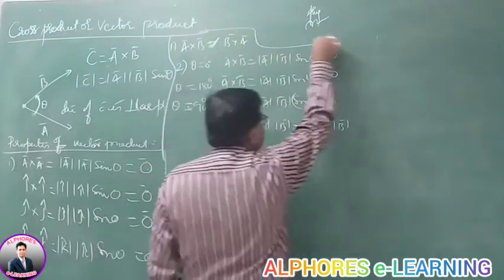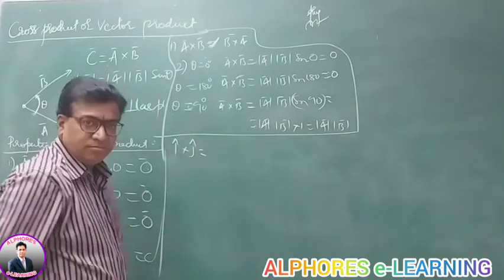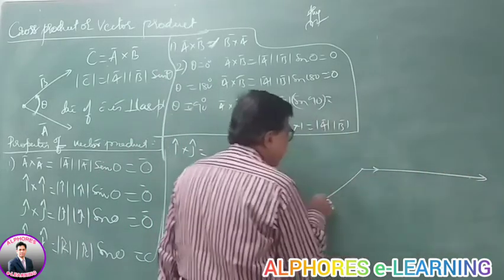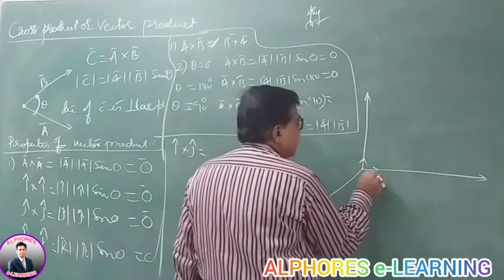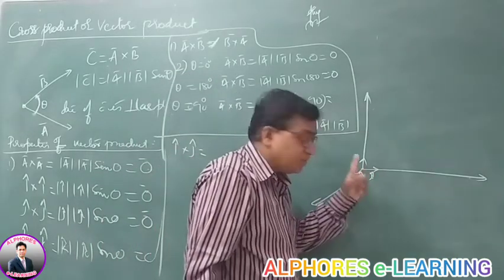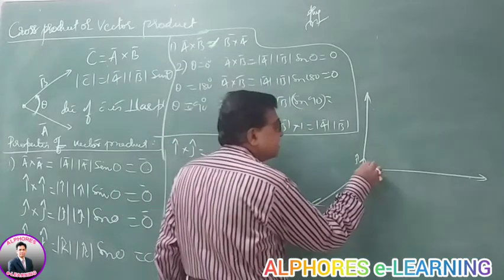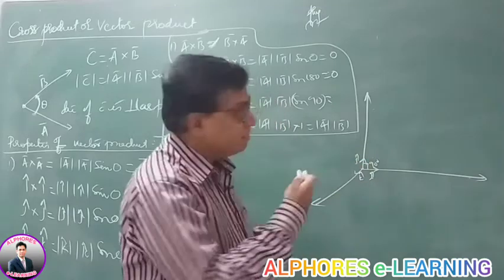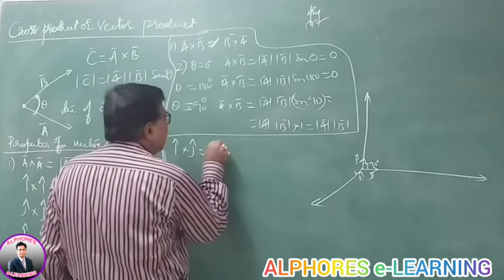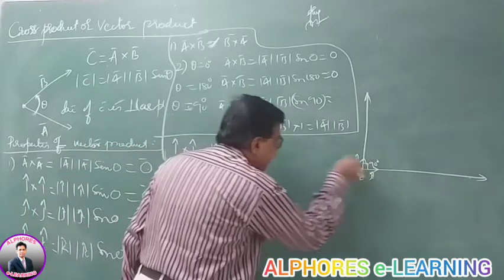Now taking this into consideration, suppose I take i cross j. Well, I was telling you, i is along the x-axis, j like this. So this is i cap, j cap and k cap. Well, i cross j, i is along the x-axis, j is along the y-axis. Both are perpendicular, so the angle is 90 degrees. When theta is 90, just now I have shown that the cross product is highest, maximum. So therefore, i cross j you get as mod i mod j sine of the angle between i and j. The angle between i and j is 90, sine 90.